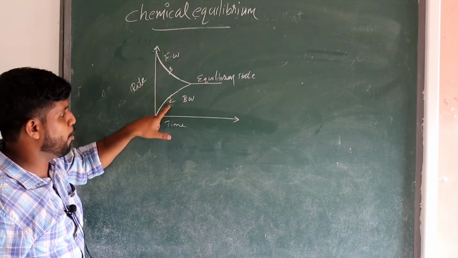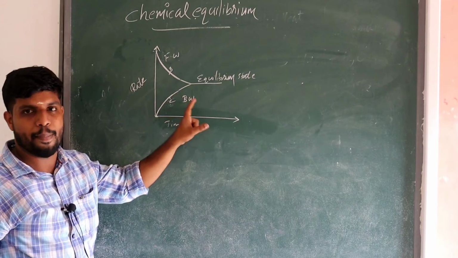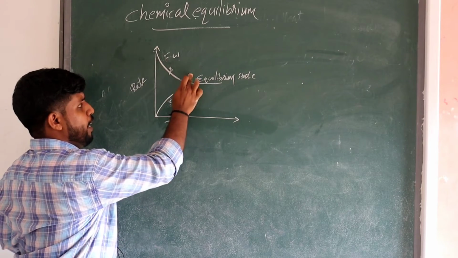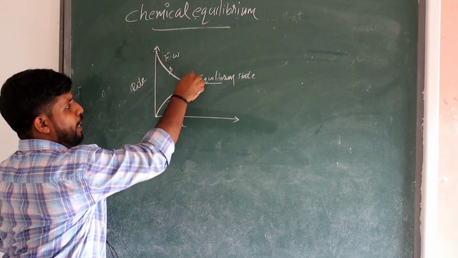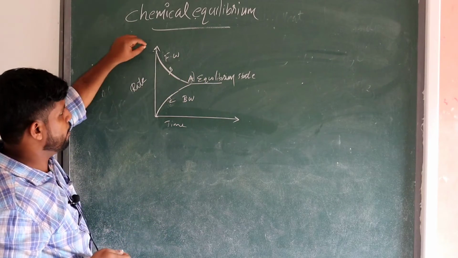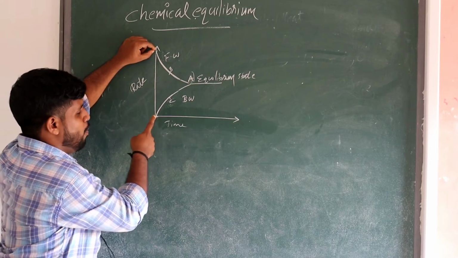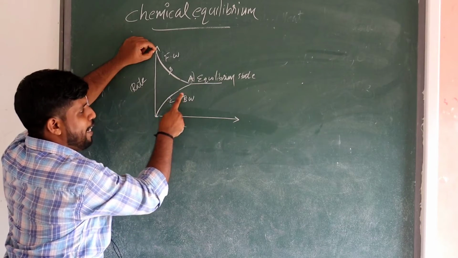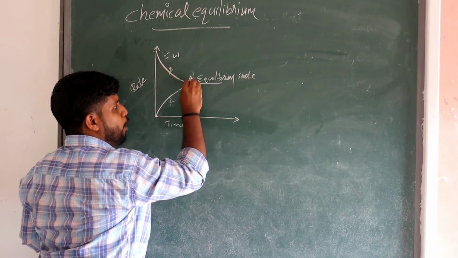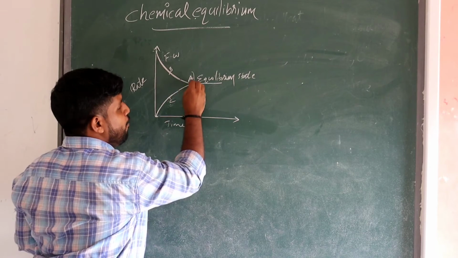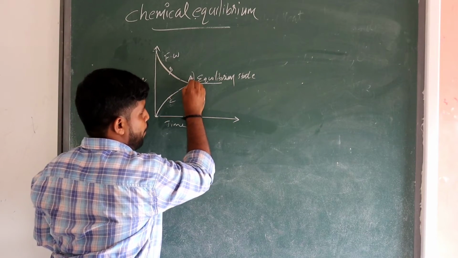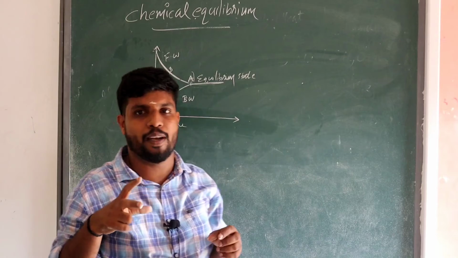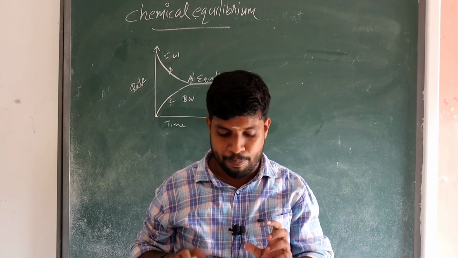So this section, the point C, mainly implies the backward reaction. From here to point A, it is explaining the forward reaction. At starting the forward reaction is maximum and there is no backward reaction. As time goes, the forward reaction decreases and the backward reaction increases. When we reach a particular time, the rate of forward reaction and backward reaction become equal, represented by a straight line, at the same speed. The rates of forward reaction and backward reaction are the same.